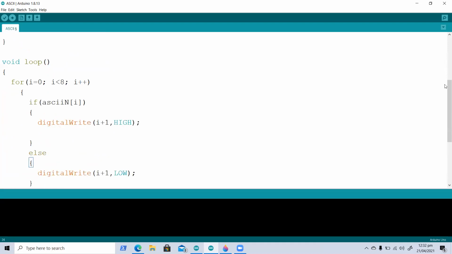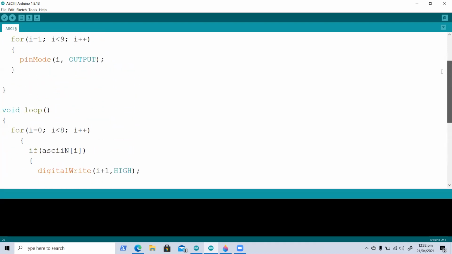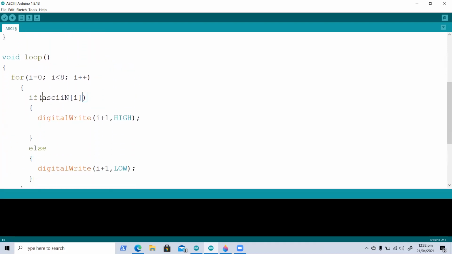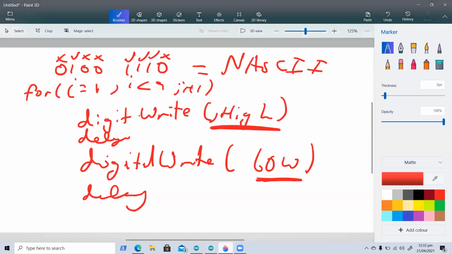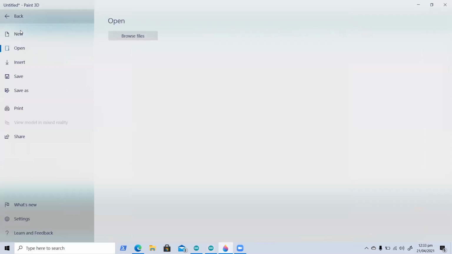We want this: if the ASCII value is true, then write high. If the ASCII value is not true, it's low, then write low. Digital write high if it's true, digital write low if it's not true. Now, generally, for if-else statements,